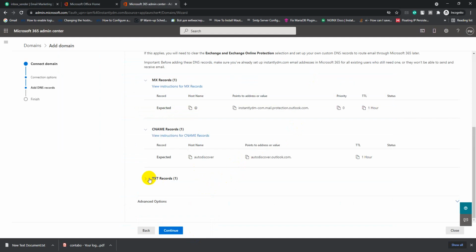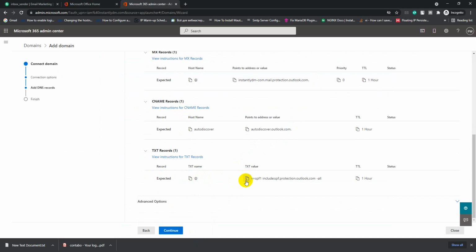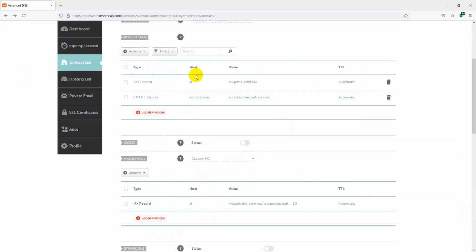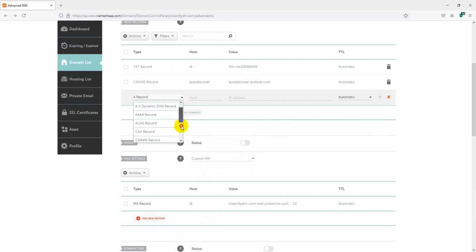Now click the text record, just copy. This is an SPF record that I'm going to add. Add new record, type will be TXT, paste the value, hostname will be @, then click save changes.